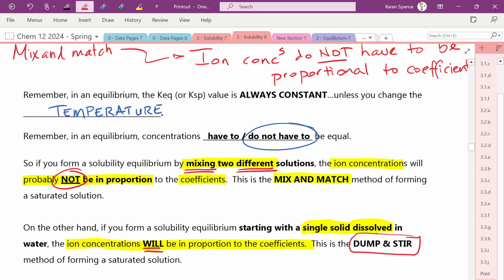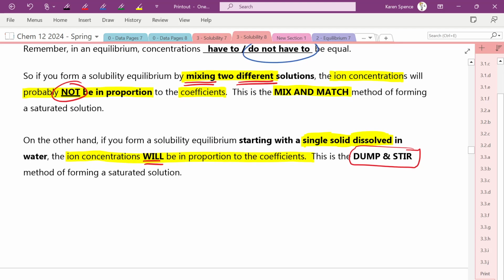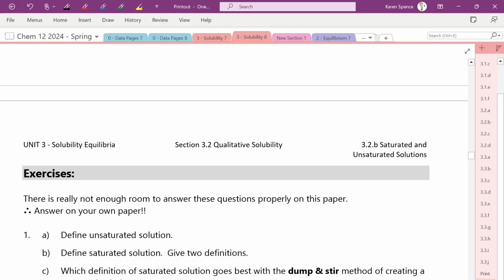Now, just so you know, no one else in the known universe calls this dump and stir and mix and match. That's a Ms. Spence thing. So if you go off to university and you start talking dump and stir and mix and match, no one will have any idea what you're talking about. They'll be like, what are you on about? Dump and stir, they might be able to figure out. Mix and match, right? There's some exercises. You're going to do those for homework, but we are going to move on to